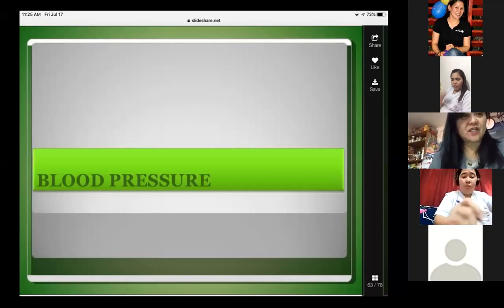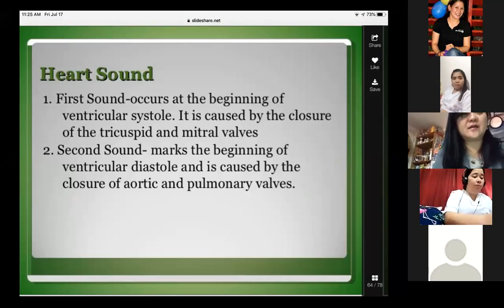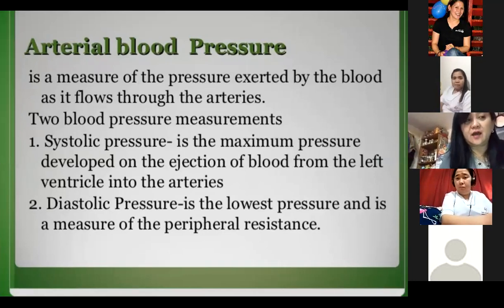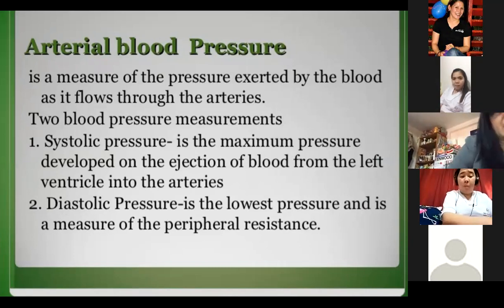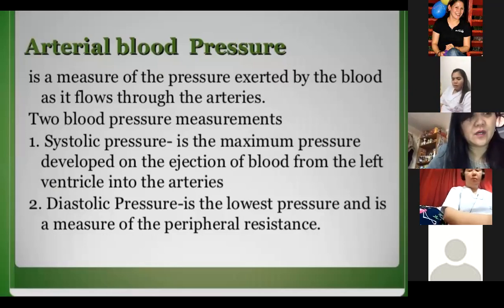Now, nasa blood pressure na tayo. Sabi ko nga, the first sound and the last sound, these are the blood pressure of your patient. Now, the arterial blood pressure is a measure of the pressure exerted by the blood as it flows through the arteries. Now, there are two blood pressure measurements. Ito yung systolic pressure. Yung systolic pressure is the maximum pressure developed on the ejection of blood from the left ventricle to arteries. So, ito yung first sound that you will be able to